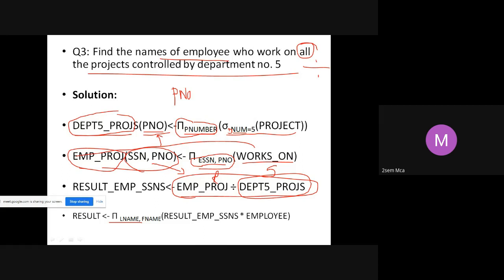The employee project table contains all employees working on all the projects, say projects 1 to 10. But here this P number is only for projects in department number 5. But still it is a subset. So R divided by S, I will get the result in terms of the attributes of R that we saw yesterday. Correct? From that I am trying to pull out L name and F name, because we want only the names of employees and not everything else.